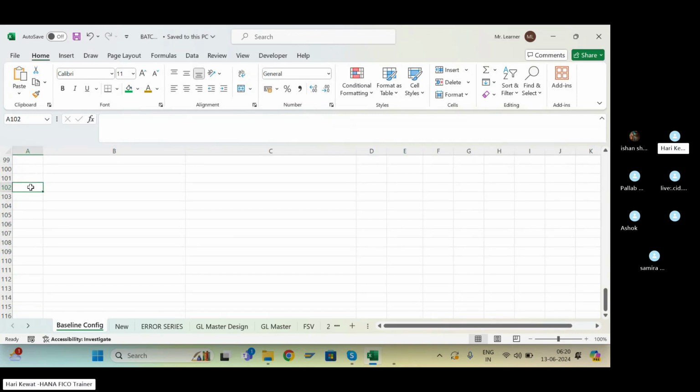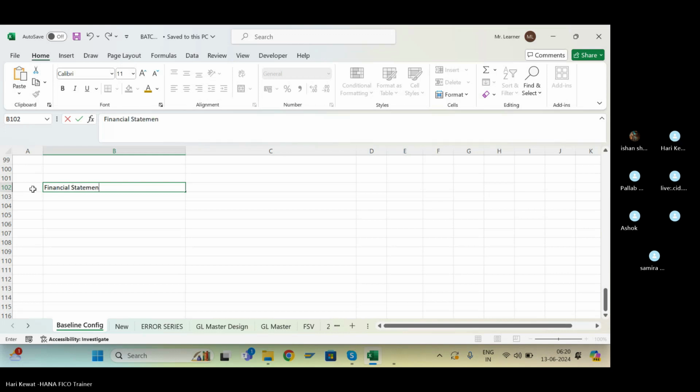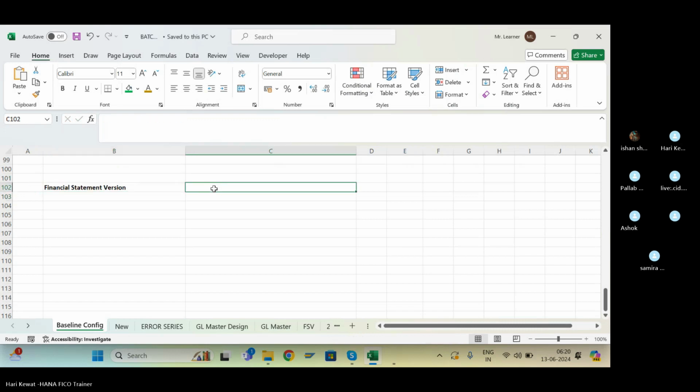Now next let us check. Today we are going to understand the financial statement version. T code is OB58. So in SAP there is no standard T code available to pull the profit and